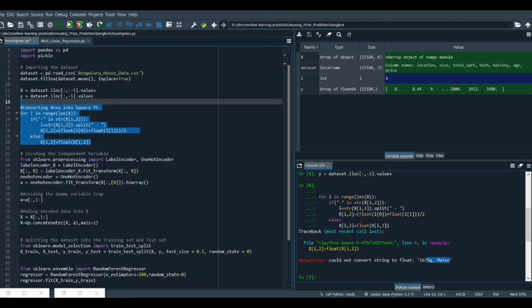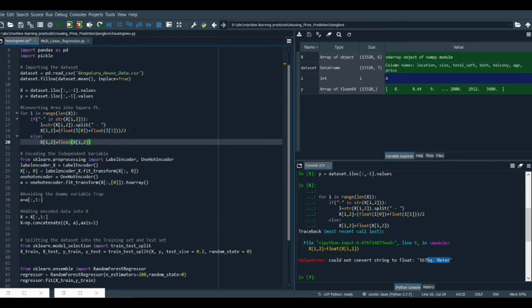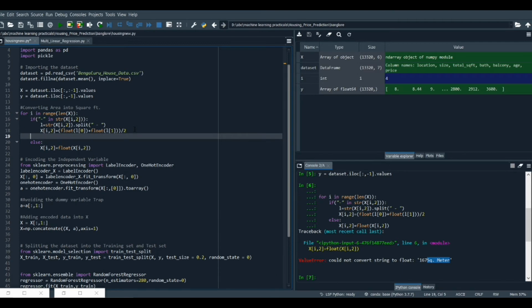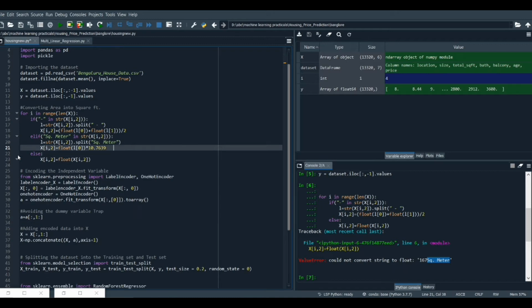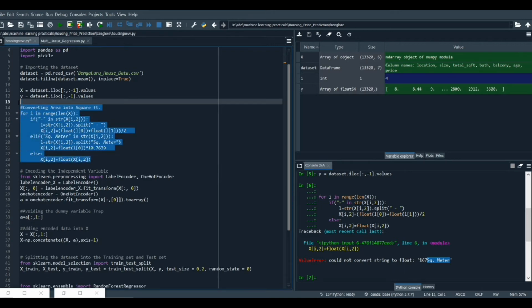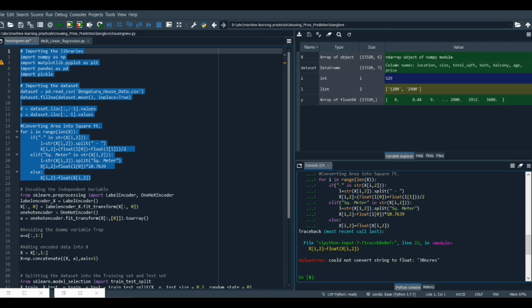So in order to fix that, we are going to write another condition using elif. Let's say we write a condition for square meter, and let's try to execute this code now. It's going to tell you that acres can't be converted now.